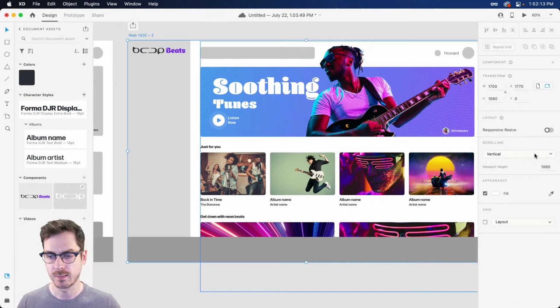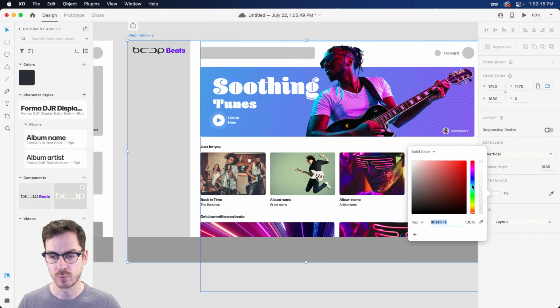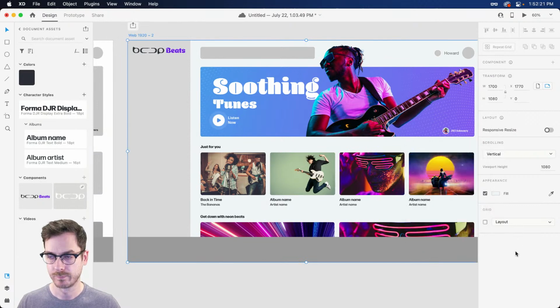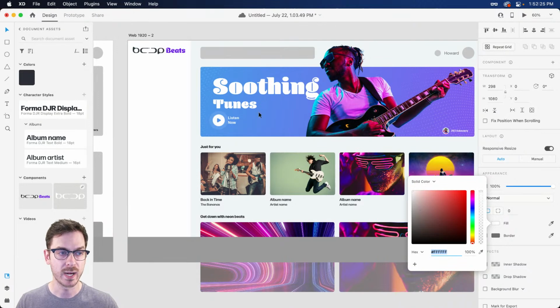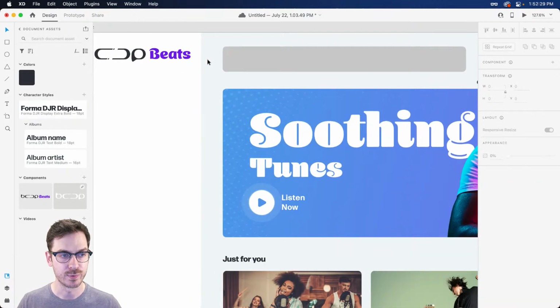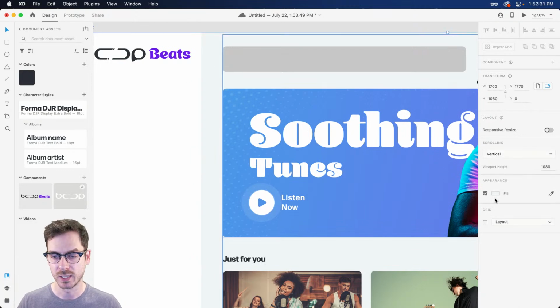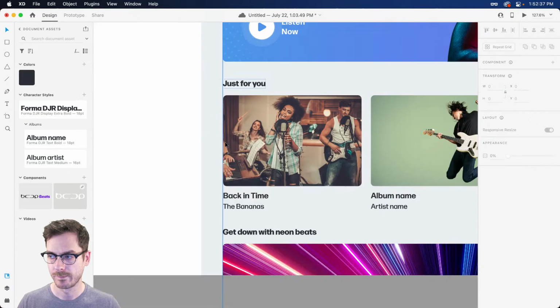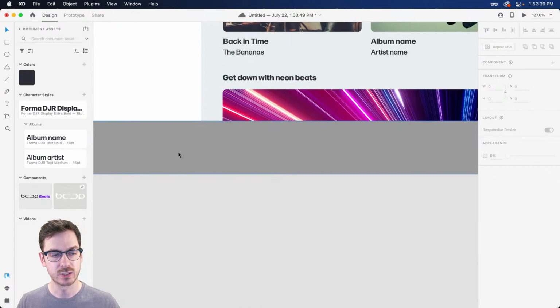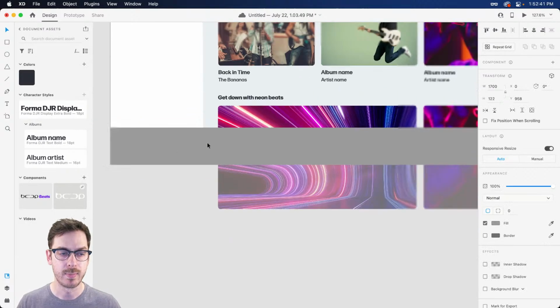I'm also going to change the background of the actual artboard very subtly. I'm going to add a little bit of blue in here. Very subtle, right? Because I know that my sidebar is going to be a pure white. I want to make sure that the background is a little bit different so it doesn't blend too much, right? Something like that. And then eventually we're going to start designing out the play bar at the bottom.